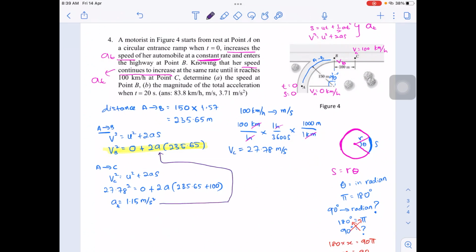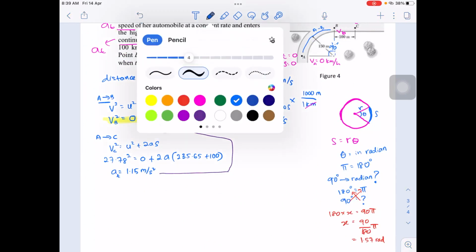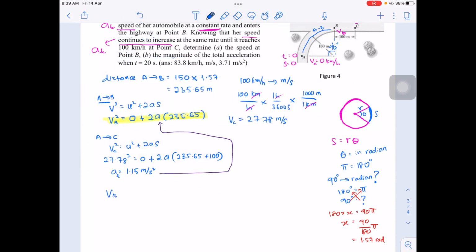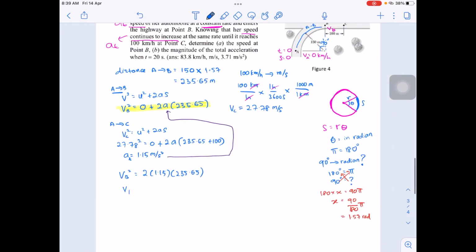So VB squared is equals to 2 darab 1.15 darab 235.65. VB adalah square root of that, 23.28